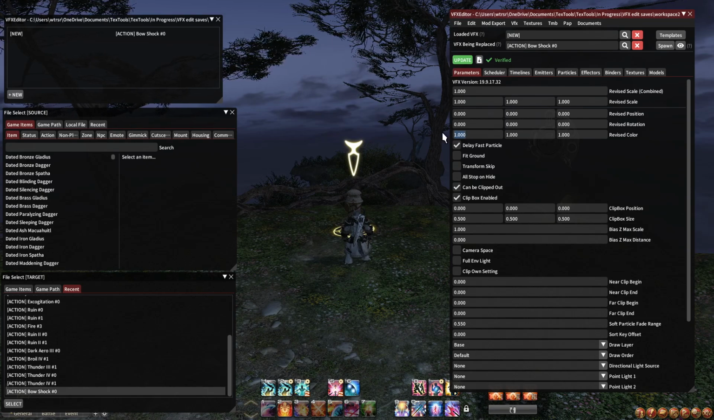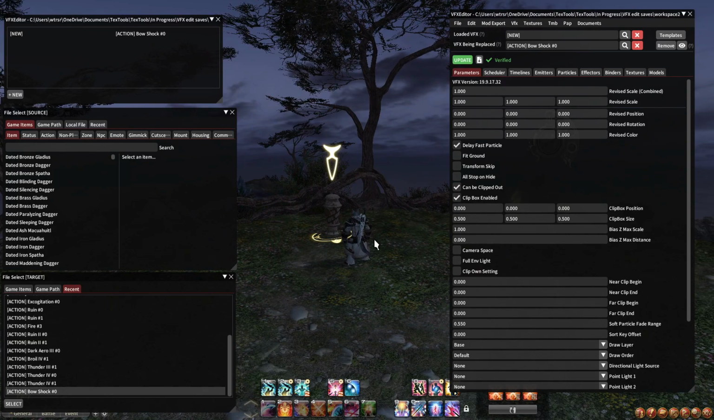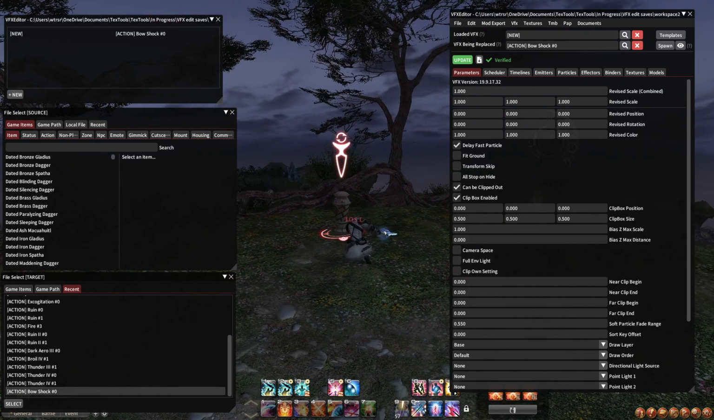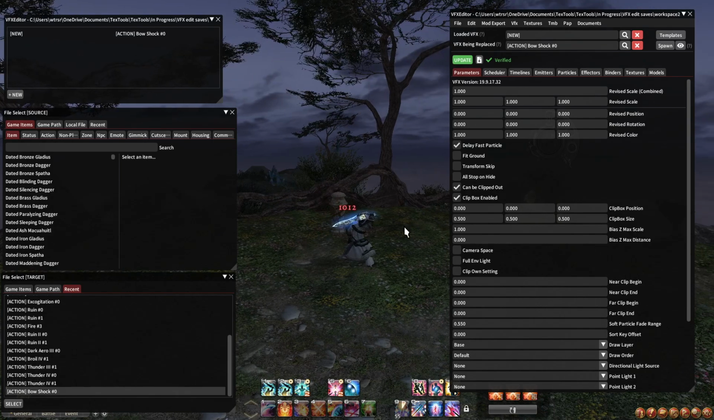To show you the results, here's the base visual effect that I'm using. It's Thunder 4. I'm using it for bow shock. I'm going to make a version of it that's golden. So what I'm going to show you is, say I change this to 5 times its normal amount, which is extreme, but it gets the point across of how the global or the parameters tab works. So if I change it to 5,